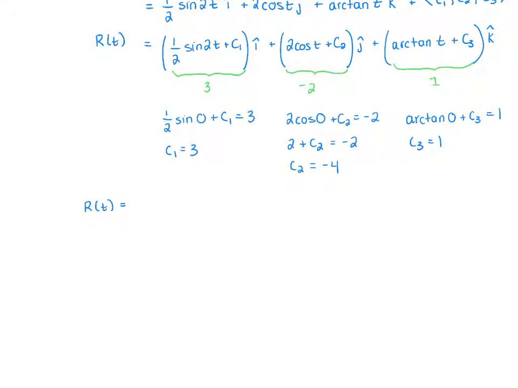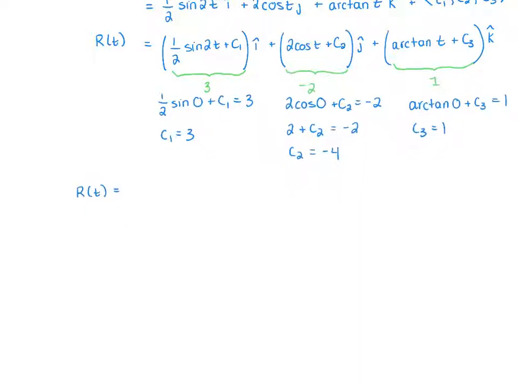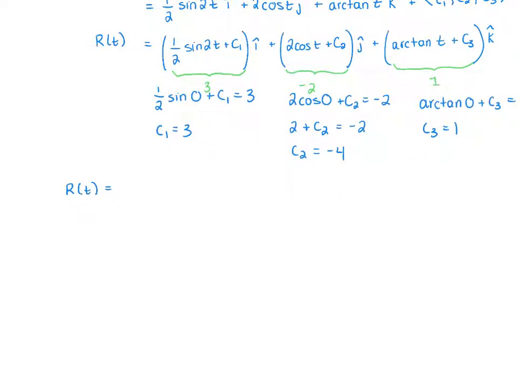I could say that my solution is, and now I am going to do that copy-paste thing again. Oops. Maybe not. Okay, all right. Lesson learned. Don't be lazy. All right, 1/2 sine 2t i hat plus 2 cosine t j hat plus arctan t k hat, and I could say plus, and now my constant vector, 3, -4, 1,